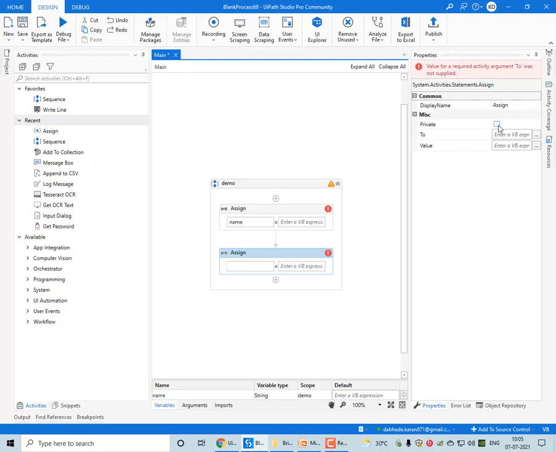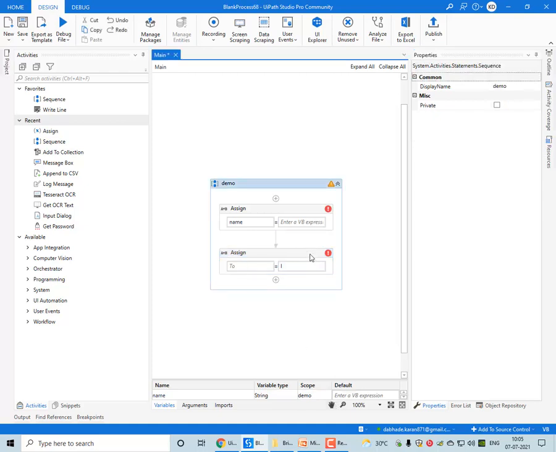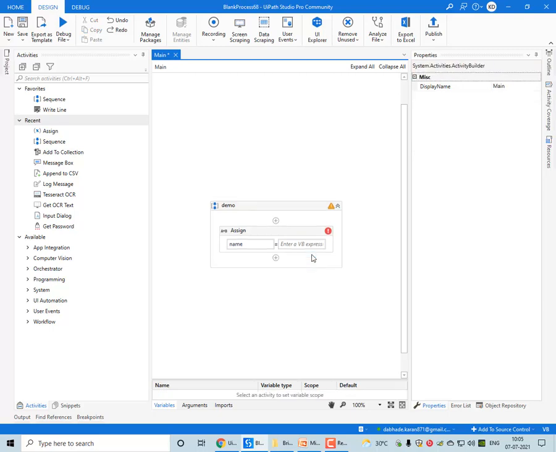Now here itself I can create a variable in the properties panel by Control plus K and defining some value. So here my variable is created. So there are three methods from which we can create variables.